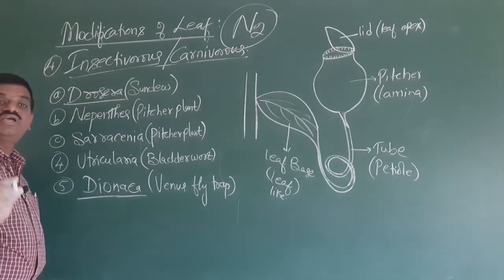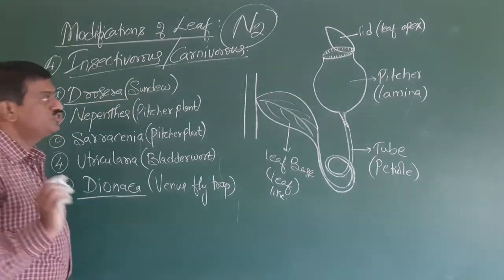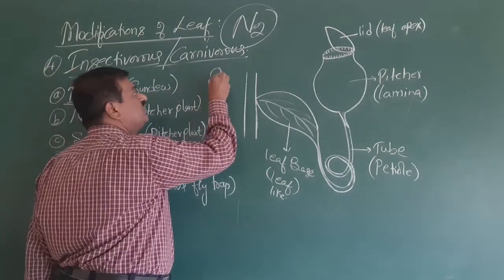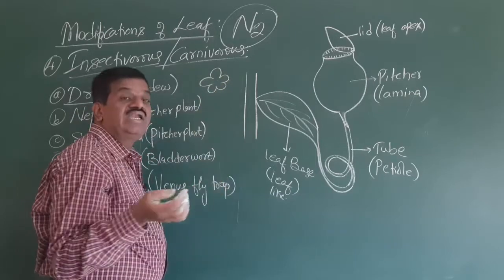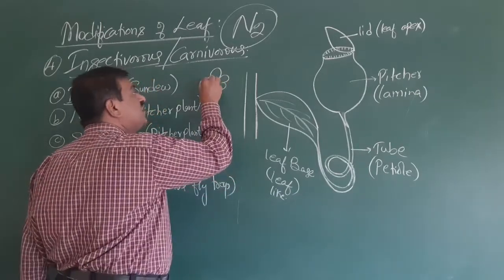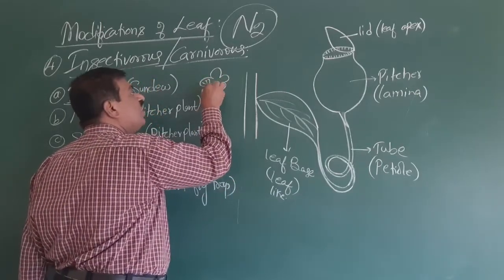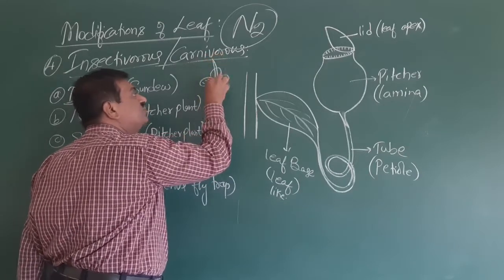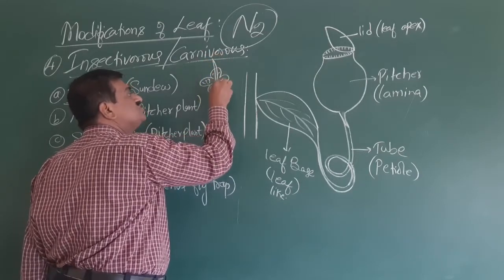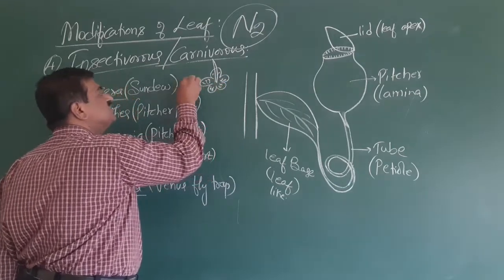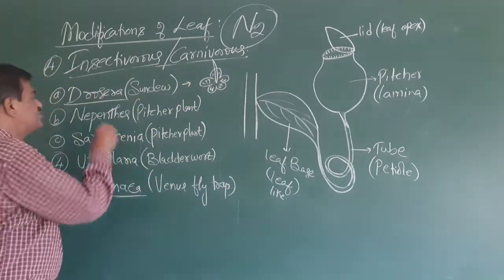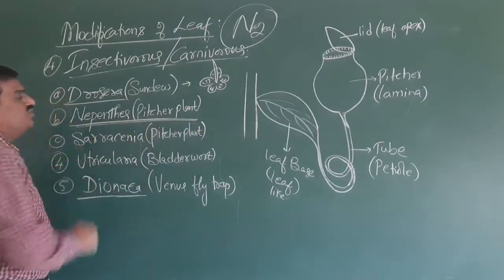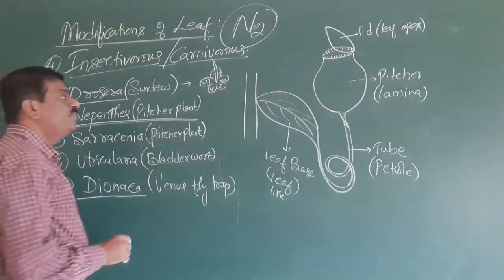Drosera is nothing but sundew. Normally in a Drosera there is the presence of rosettes of leaves, and they are like a spoon. Here there is the presence of tentacles for trapping. At the center there is the presence of inflorescence. So like this, they are called Drosera, or sundew. The next one is called Nepenthes. Nepenthes is nothing but a pitcher plant.